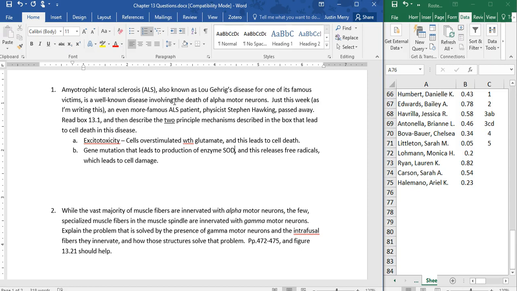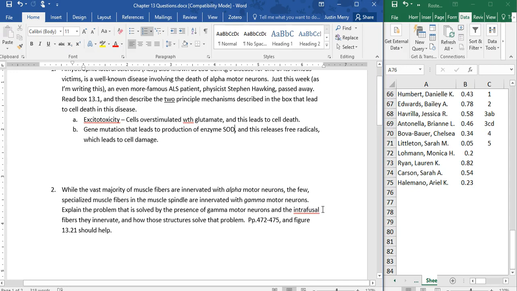But anyway, this is the idea here: there's some manner of excitotoxicity and/or damage to our oxidative control mechanisms, our antioxidant control mechanisms, that are leading to cell damage and ultimately to the death of the neurons that control your musculature. And it results in just a really debilitating disorder. Ultimately,